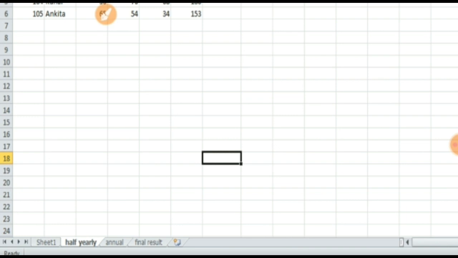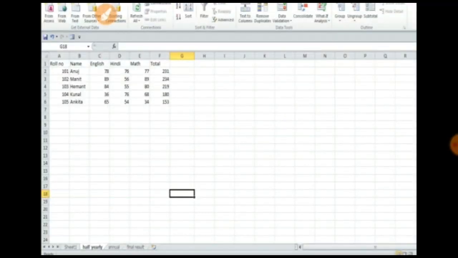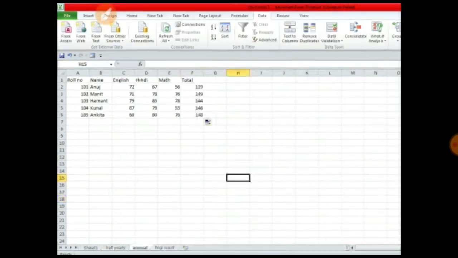Means we are having two sheets here: the half yearly marks of 5 students, and next we are having the annual marks of the same 5 students, right? I want to check the final result, means how much total they got in the finals, right?